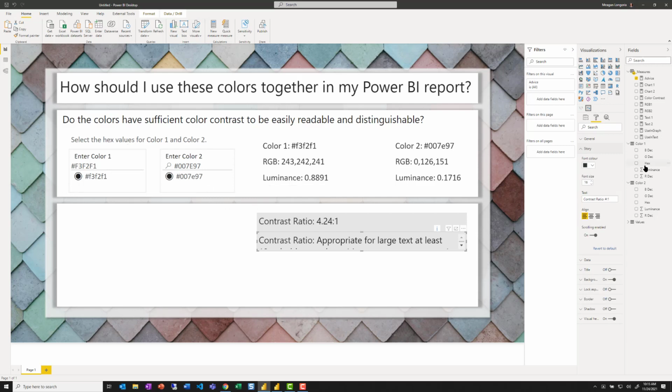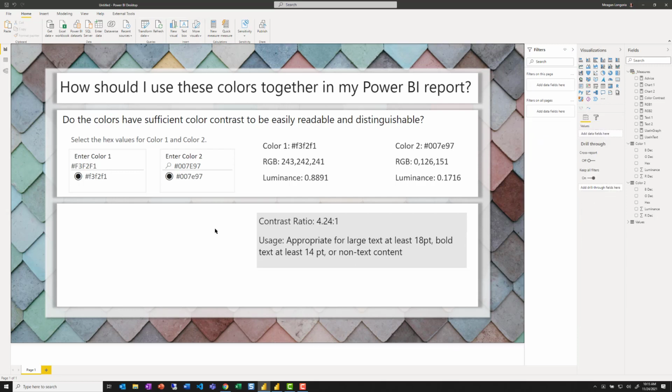So in this story, I did usage, appropriate for large text. There we go. And now we have to do our SVGs and our check marks. So what I did